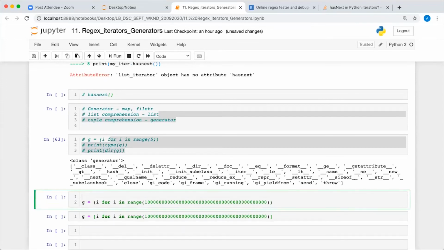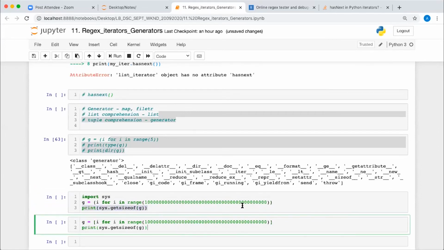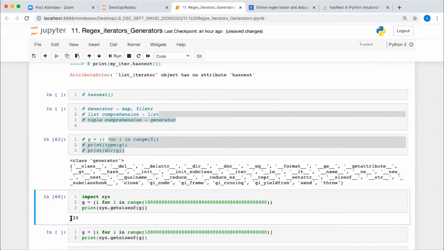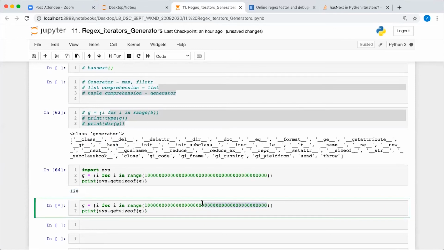Let's import sys and print sys.getsizeof(g). Here also you do the same thing. Execute this. The generator is taking only 120 bytes of memory. Every time it will take only 120 bytes of memory for the generator object, whereas in the list case it will be taking a huge amount of memory.